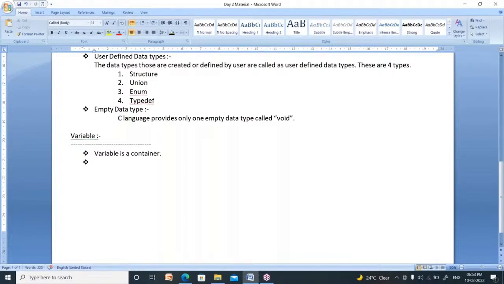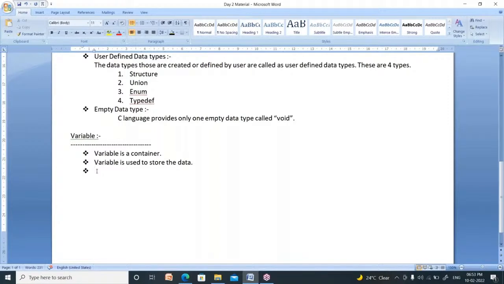Right. First, your answer to what a variable means: a variable is a container. What is the use of a container? A variable is used to store the data. So what is a variable? You have to say these 2 points: a variable is a container which is used to store the data.